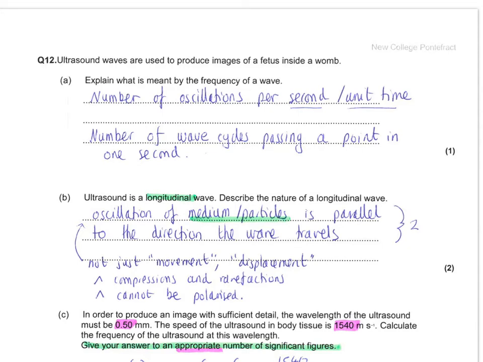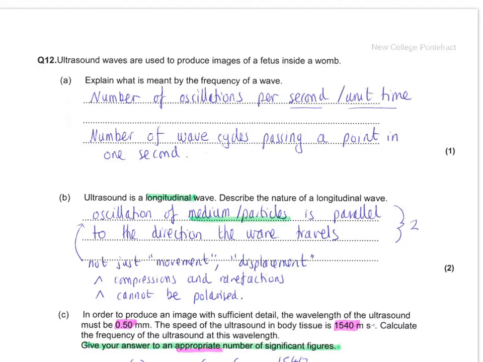So this is the Waves homework booklet, question 12. We've got ultrasound waves being used to produce the image of a fetus inside the womb. Explain what is meant by the frequency: simply the number of oscillations per unit time. You could give that as the number of wave cycles passing a point in a second or in a unit